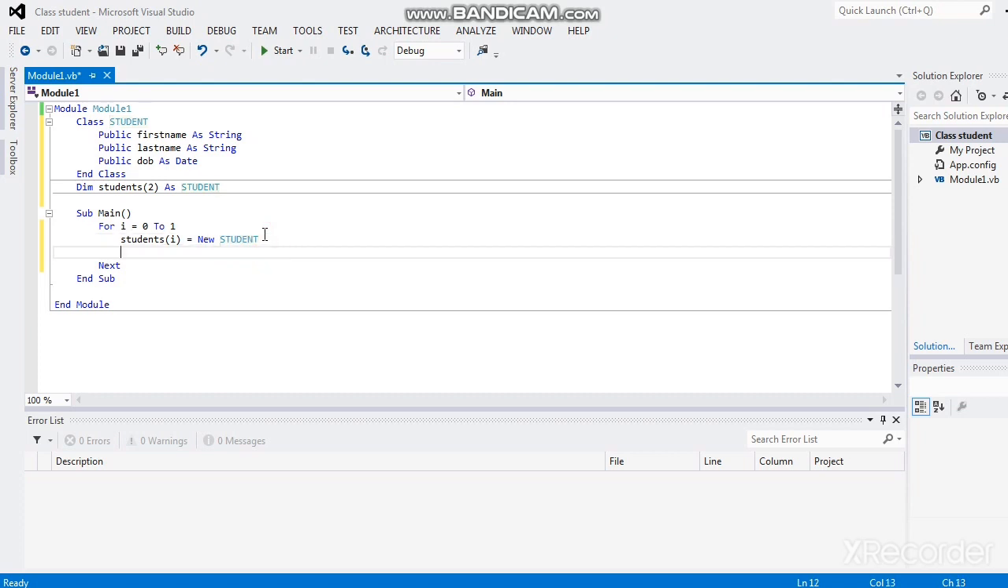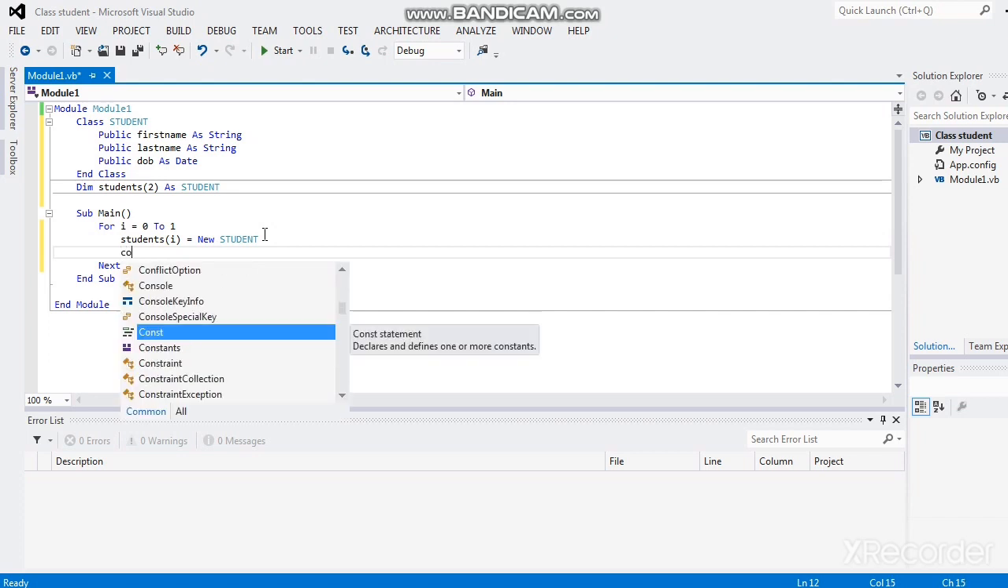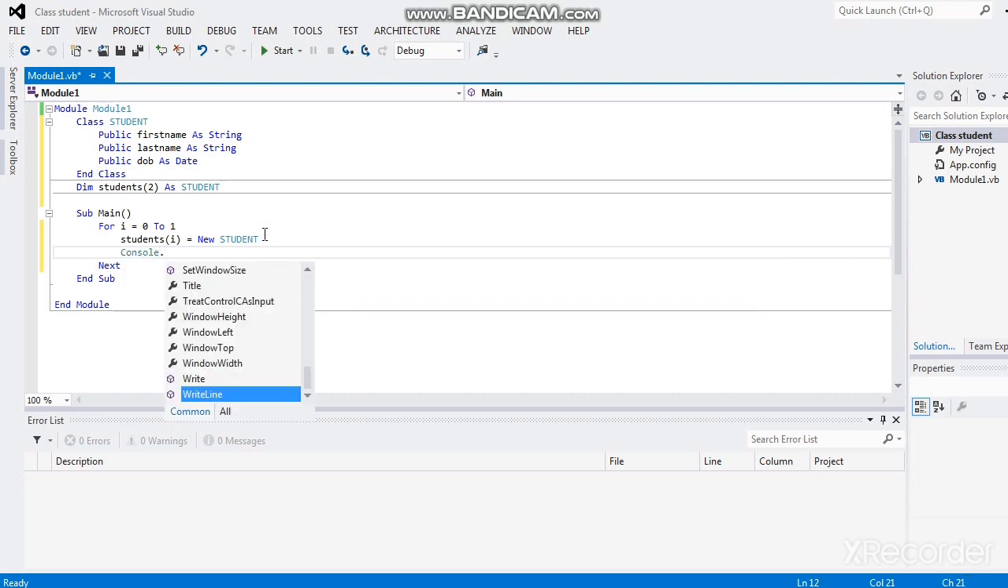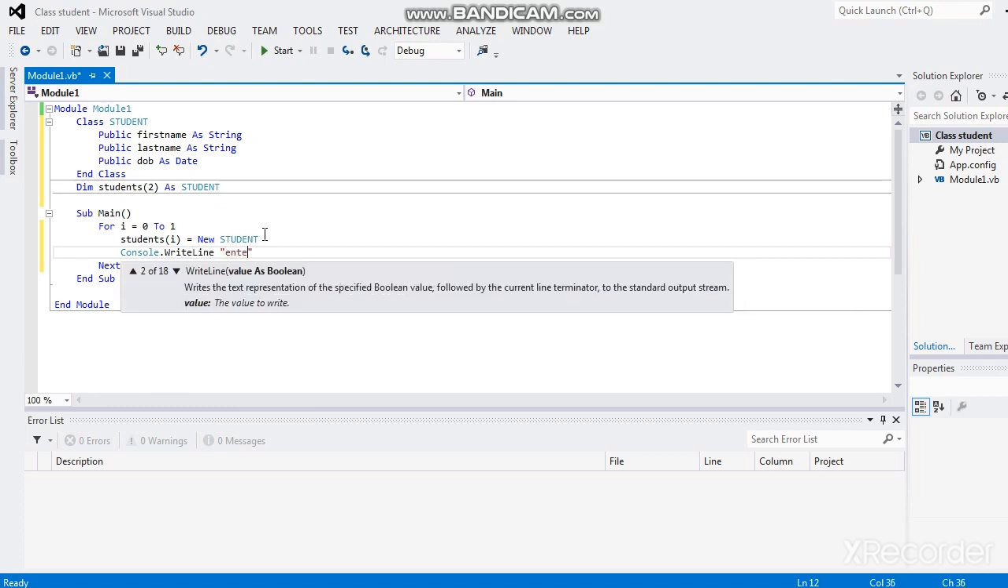So every time we run the loop, we're going to be asking the user to enter a first name, last name, and date of birth. So Console.WriteLine, and then we ask the user, enter first name,